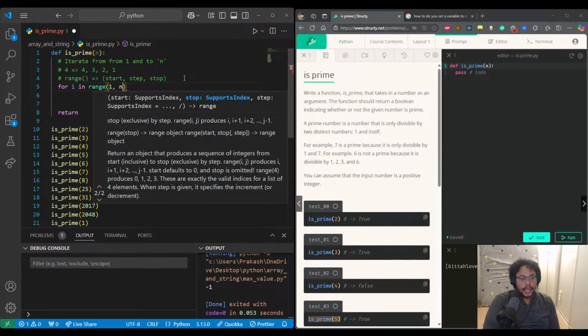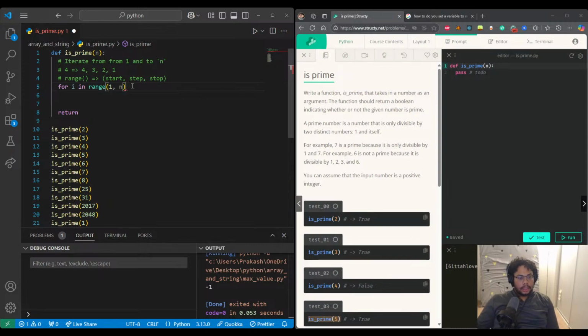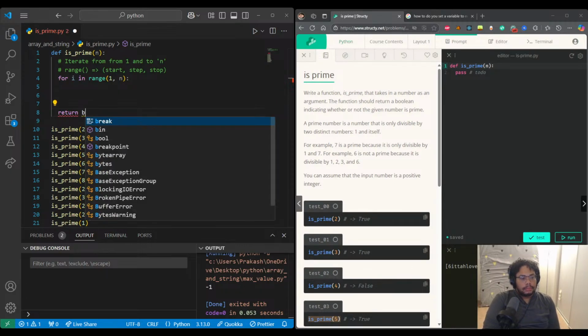Start with 1 and then end with n. Return,